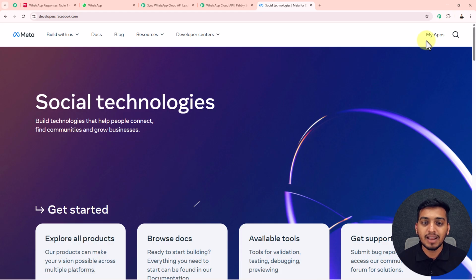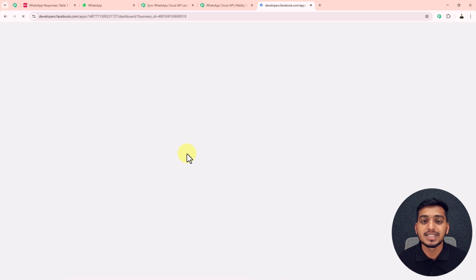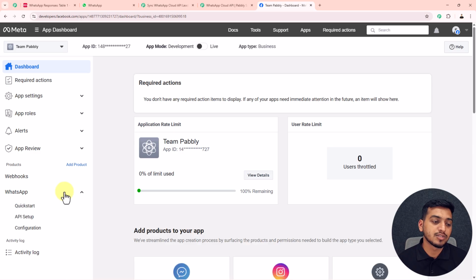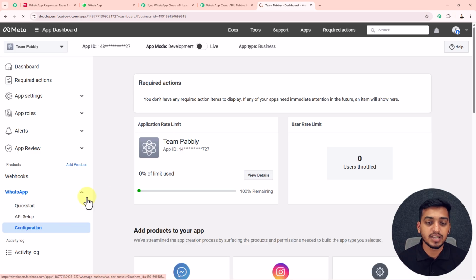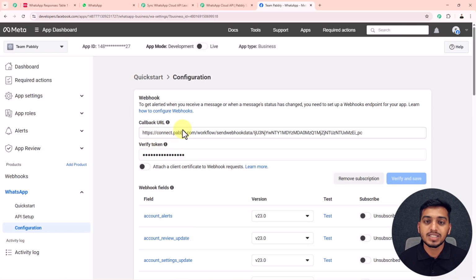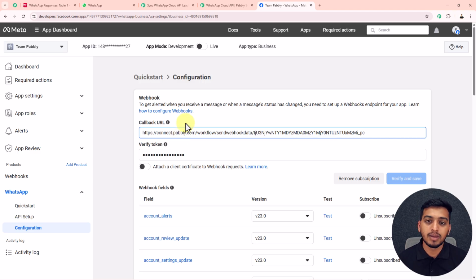And after creating an application for yourself, you have to click on this My Apps given on the right side here. And after that, from this particular page, you have to select the application that you have created for yourself. And when you are inside your application, you have to choose the WhatsApp inside this particular application. And you will see that your WhatsApp will be given on the left side here. And from this drop down of WhatsApp, you have to select this configuration, and inside this configuration you will see that this callback URL box is given to you. So first of all, you have to paste the webhook URL that you have copied from Pabbly Connect inside this